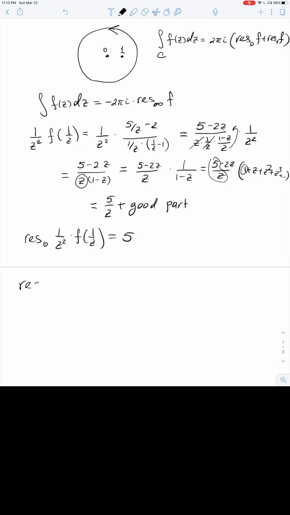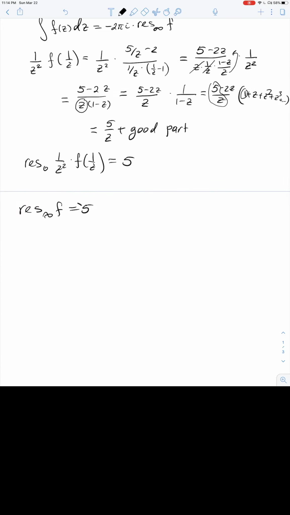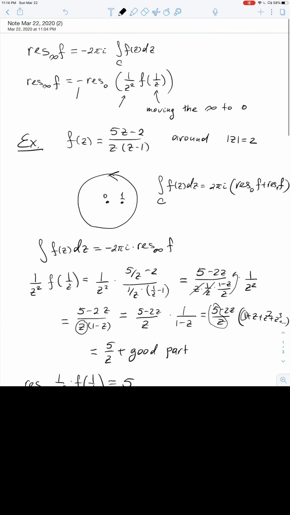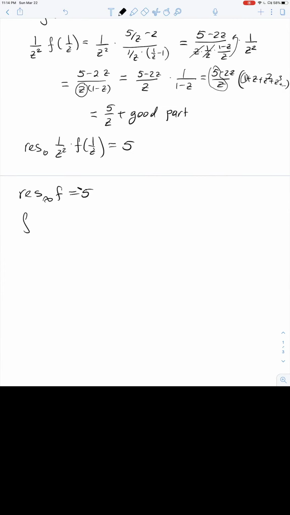So the residue of the original function at infinity is minus 5, sorry, because we have a minus back here. There's a minus here. Okay, so the residue is minus 5, and the integral